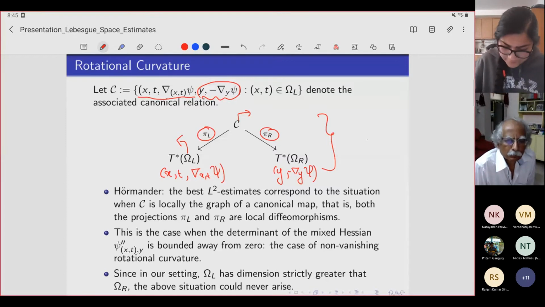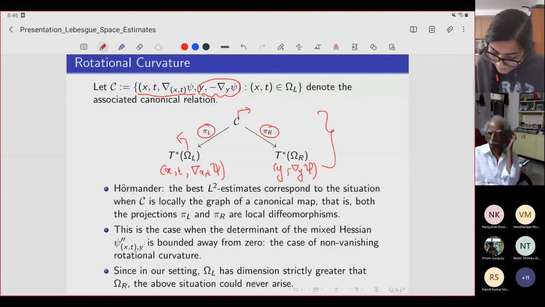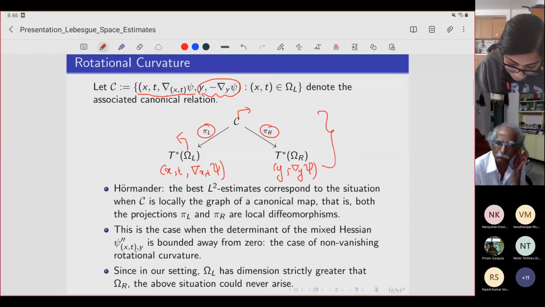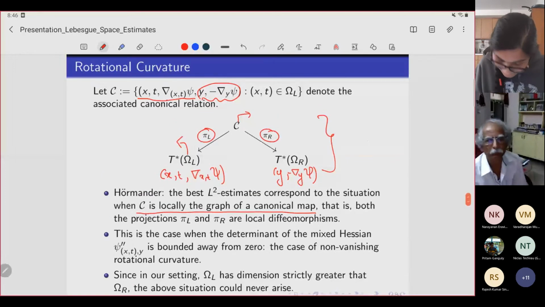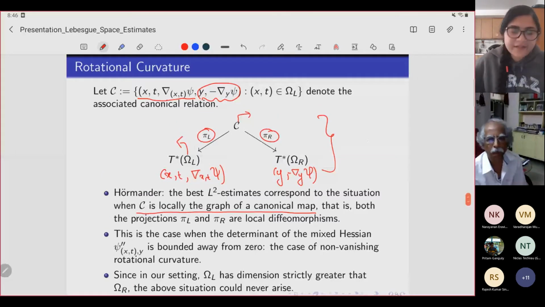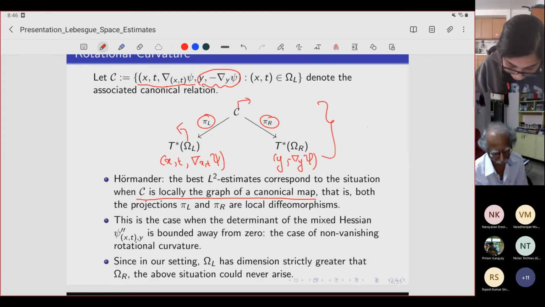And it's a classical theory of Hörmander which says that the best L2 estimates correspond to the situation when C is locally the graph of a canonical map, which basically means that both projections pi L and pi R should be local diffeomorphisms. This is all theory, but it means something very concrete in terms of the phase function. It is the case when the determinant of the mixed Hessian of the phase function